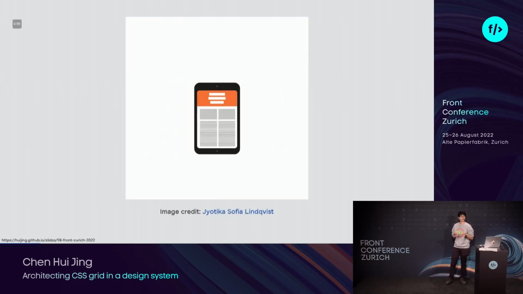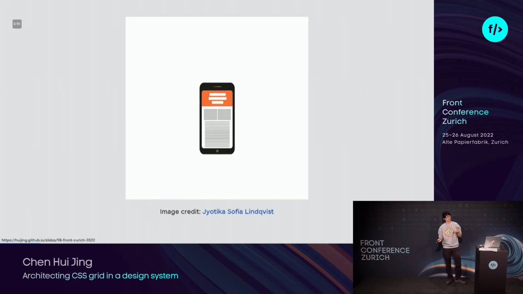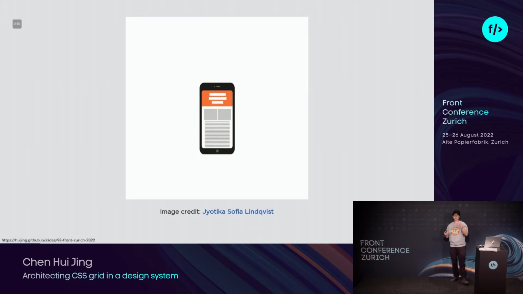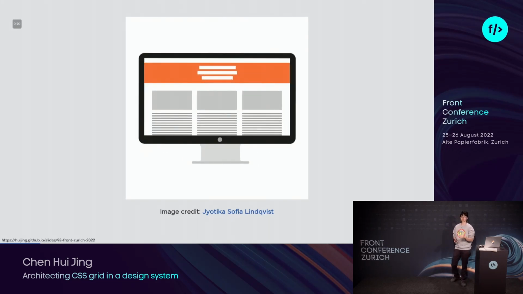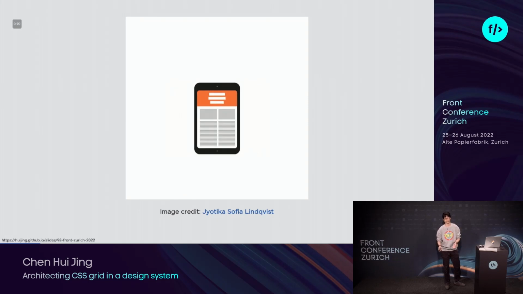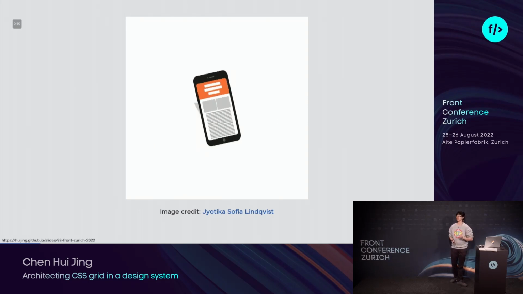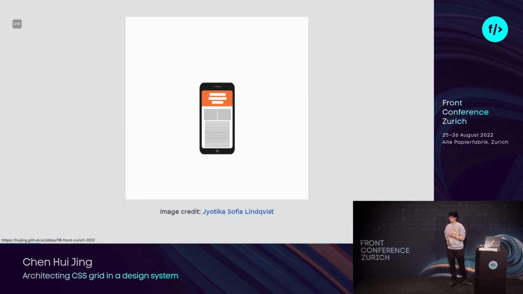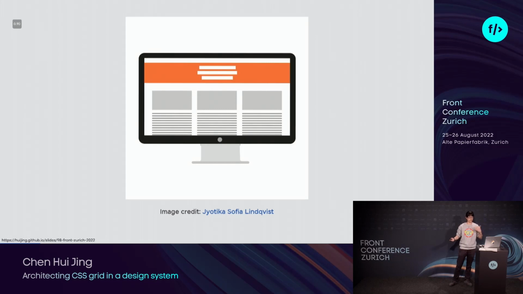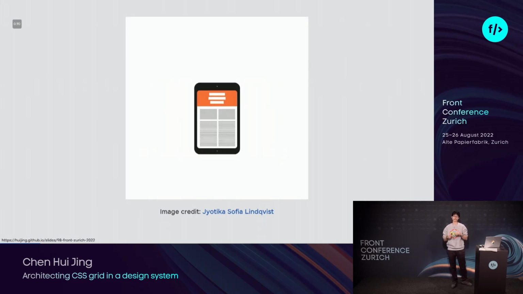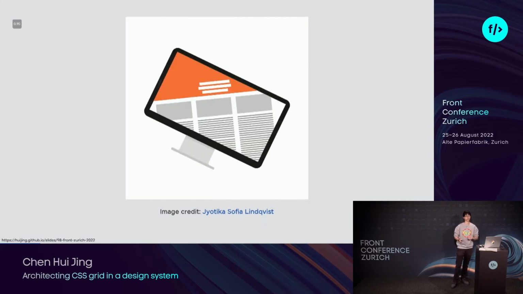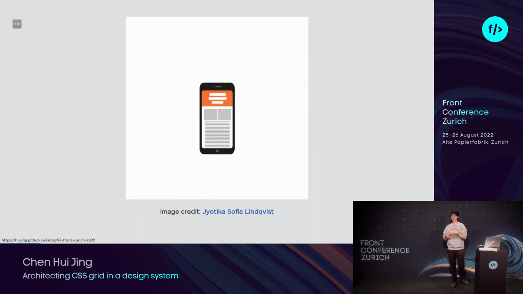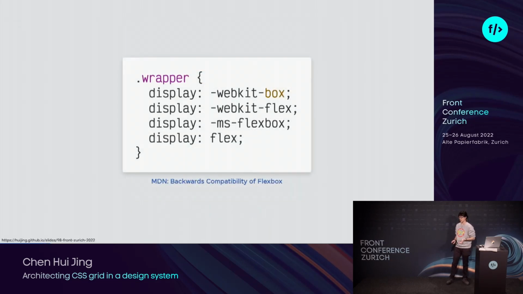Which means that the way we think about designing layouts on the web cannot be like anything else that is fixed. It's quite a different mental model, and the tools that we use must suit this fluid and interactive medium. But luckily for us, now that Flexbox and Grid are very well supported across all major browsers, our toolbox has been greatly upgraded. Both of these layout models were introduced after the web had evolved to be more than just a document viewer. They were built to handle application interfaces, which would be viewed across many different screen sizes.